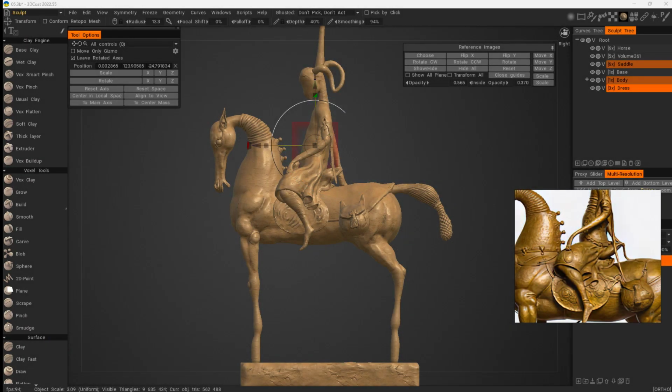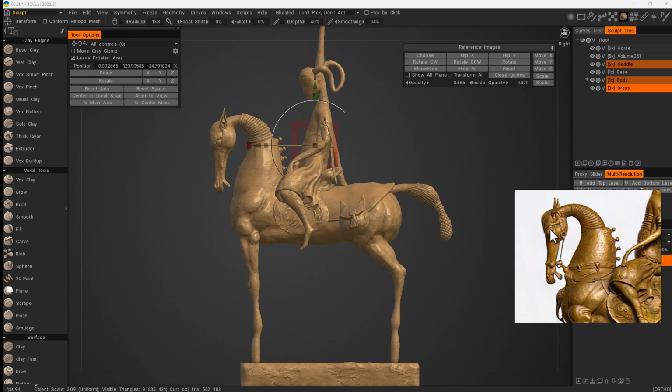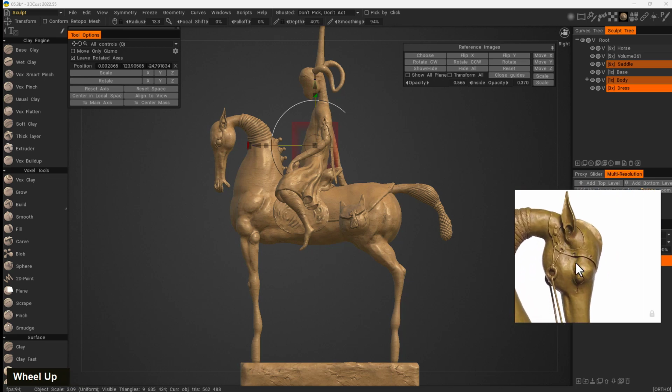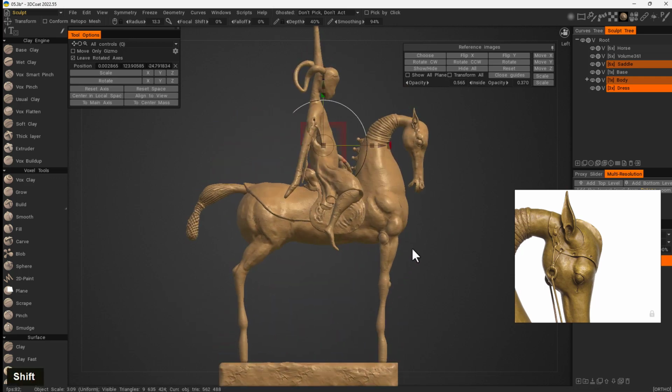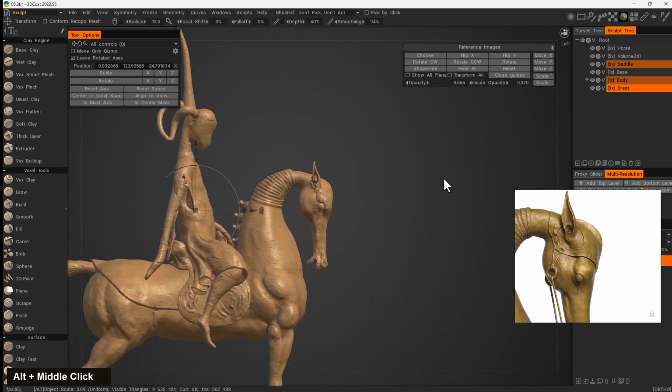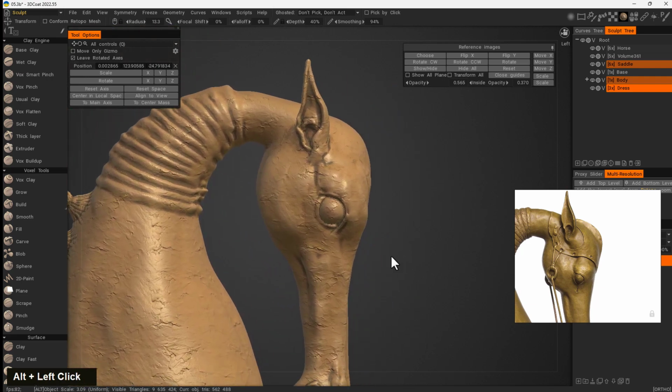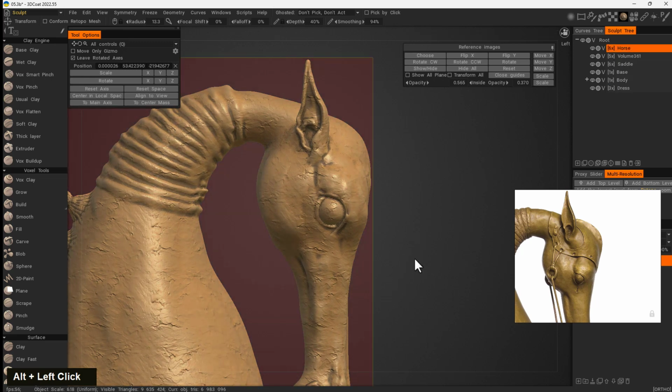All right, let's continue by adding this part, this leather part on top of the horse head. So first of all, let me rotate the model, shift to snap, and focus on the head. All right. To make that,